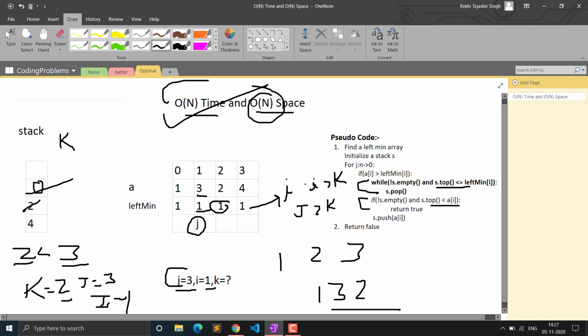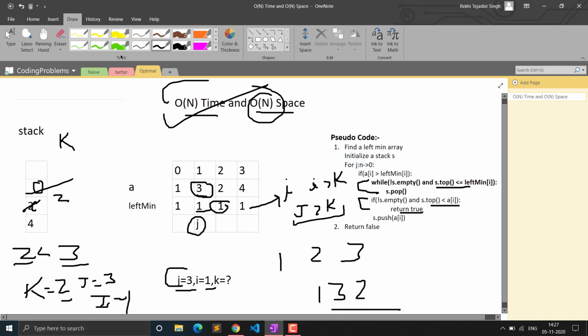Actually I am taking these as elements, these are not indices. You can see I is the first element, j is the second element, and k is the third element. Now we will check for the elements that are left in the array. So if 2 is left, this 2 will be greater than k. Just as an example, we are having 3 actually. Yeah, you can see this 3 is greater than 2, so the second condition is also satisfied, so we will simply return true.